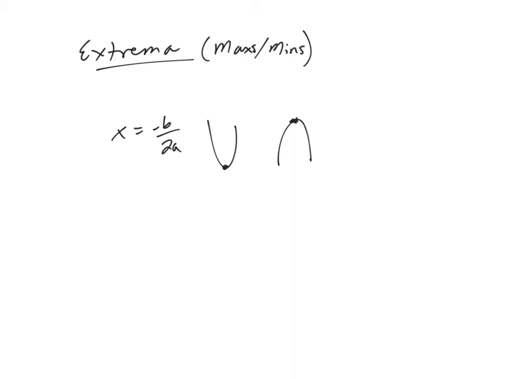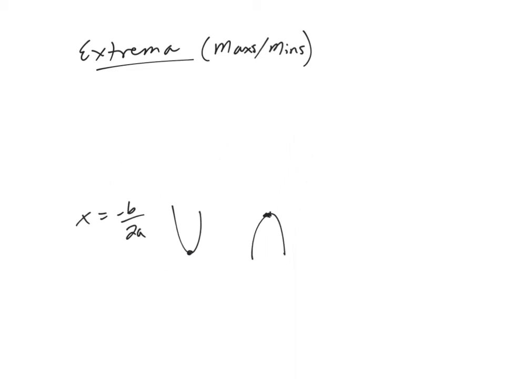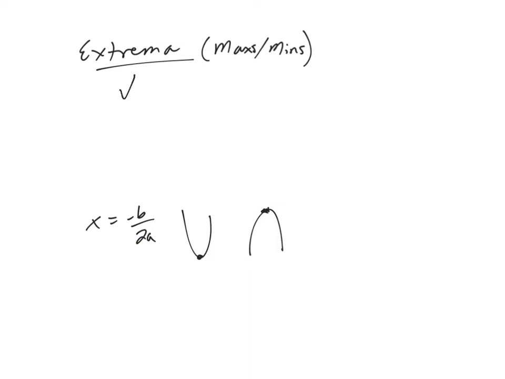Okay, and then of course we have different types of extrema. So let's just clarify. Let's move these guys down. Two types of extrema. Let's get those on the table, so to speak. So we have our relative or local, just two terms that mean the same thing. And then we have our absolute